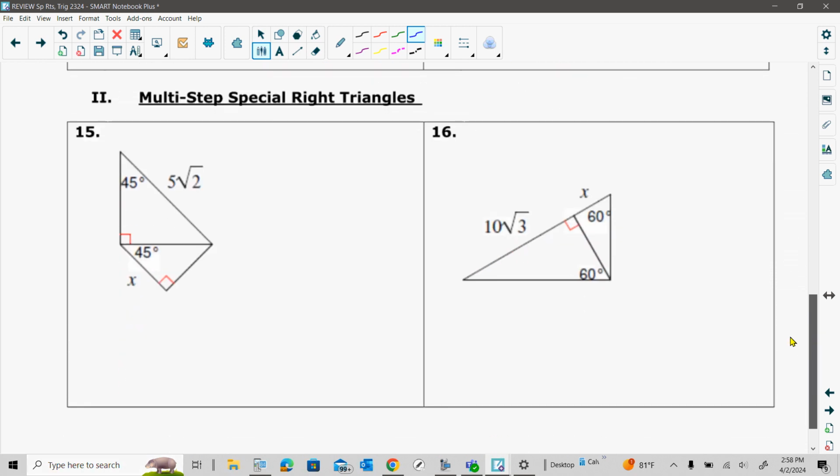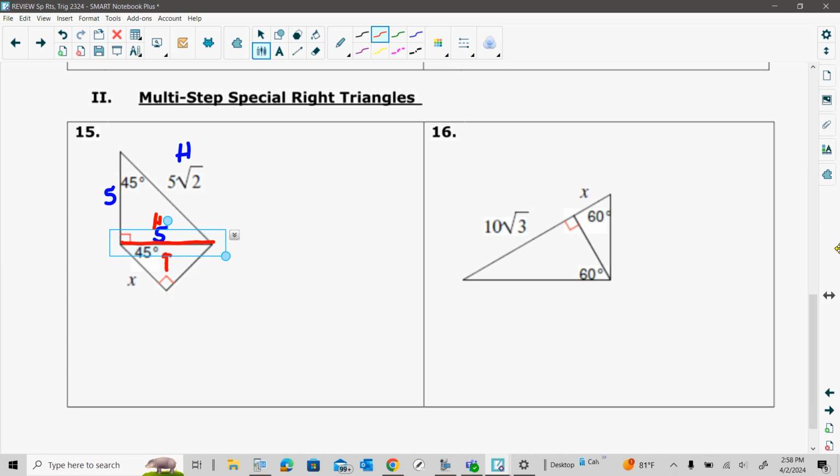And then we got multi-step, adjacent triangles using a shared side. So on a problem like number 15, I would start with the hypotenuse. If that's 5 root 2, then that means each side here is 5. And that 5 is the shared side of the smaller and this adjacent triangle. And that part is actually the hypotenuse of